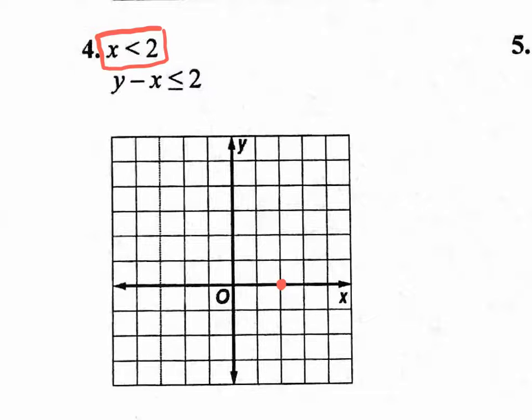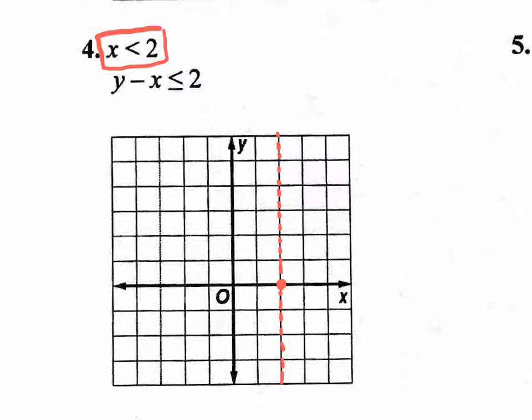Now, the line is going to be vertical, up and down, and it cannot be solid because it does not have a solid line underneath it. So let's all draw a dotted line going right through that value. Okay, so we drew the line, we decided if it was solid or dotted, and now we need to shade. There's always those 3 things when you're graphing inequalities on the XY plane. You want to draw the line, decide if it's solid or dotted, and then